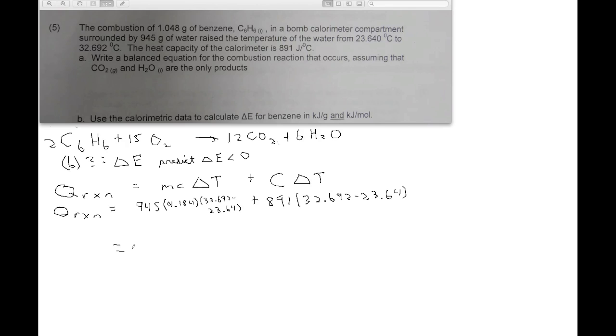So we take 891 times 9.052, and that is equal to 8,065. And since it's Q for the reaction, then that's going to equal negative C delta T, negative MC delta T, so that would be equal to negative 8,065 joules plus